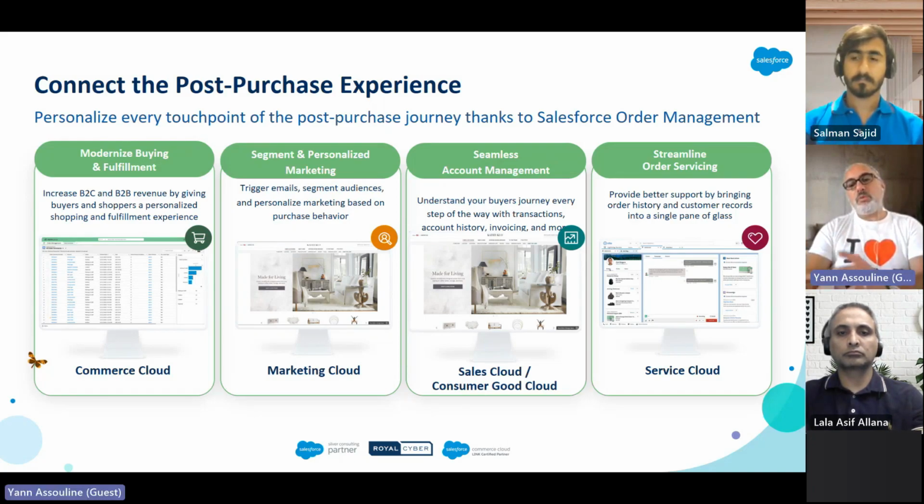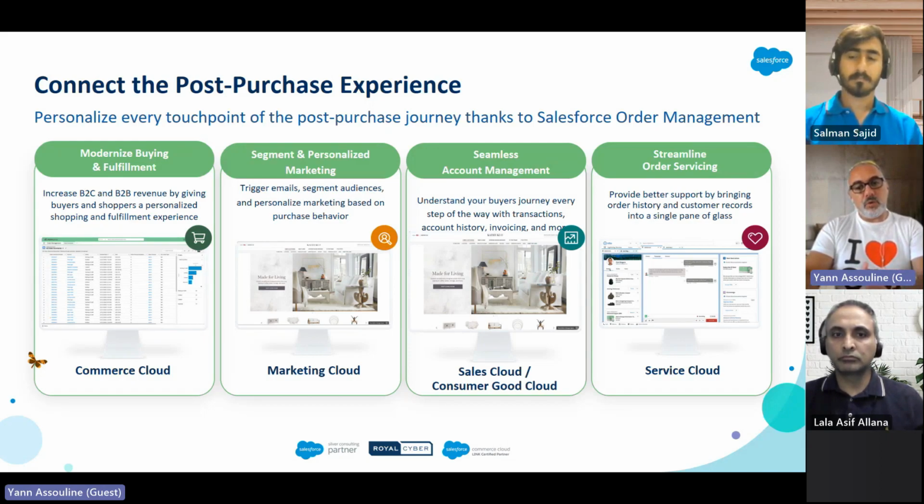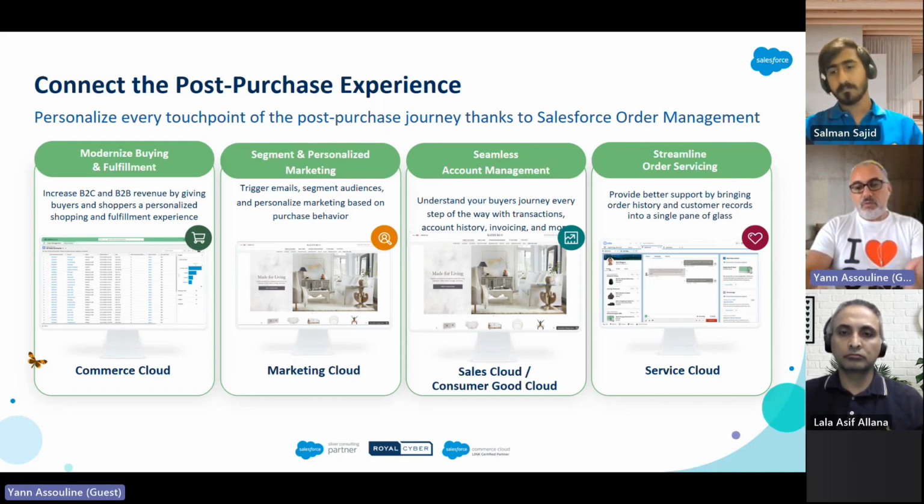When it comes to a B2B process and a B2B environment, like a manufacturing, healthcare company, consumer goods, then it's more about having an account management understanding about the consumption and tracking the trends of ordering and transactions compared to the previous years, and tracking what can be the next best product, next best offer that we can push based on history. So having a clear understanding about ordering, invoicing, payments, and everything available from the CRM,